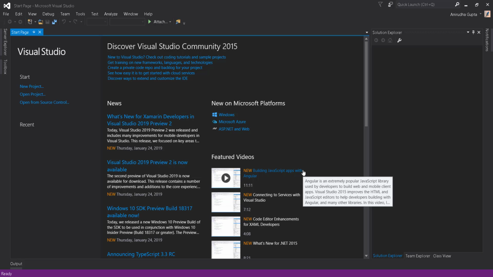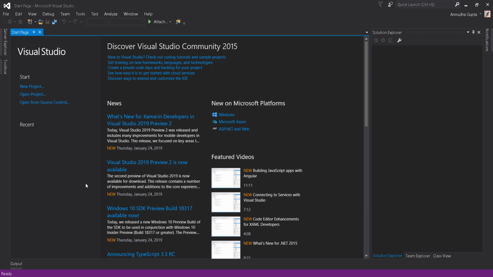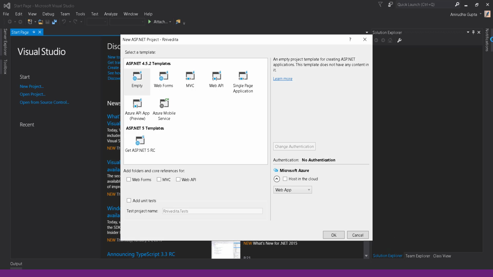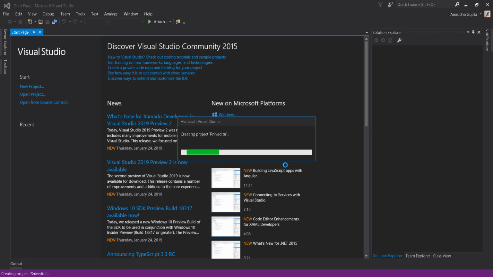To get started, I just create a project. As you see, I have my account login here. That's not needed, and we simply get started like this. I am creating an empty application, that is MVC, and click OK. You see that this is creating the project, and the files will be seen in